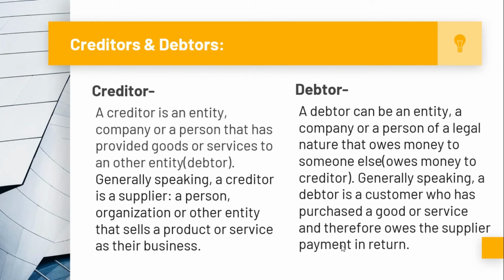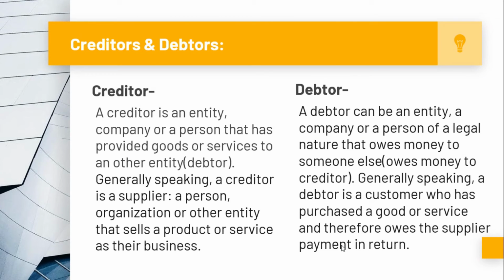So now you're the debtor. You are going to buy raw materials from the supplier. So the supplier is the creditor who sells his products to the debtor, and you are the debtor because you owe money to the creditor. So in simple words, we can say that the debtor creditor relationship is similar to a customer supplier relationship where the creditor is a supplier and the debtor is a customer.